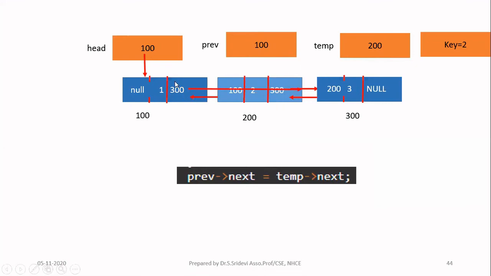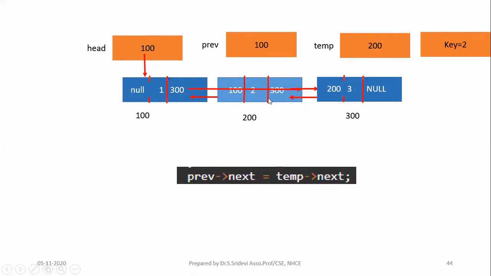So here, when I want to do that, in this, I have to store 300, because 300 is the address of this node. This I have to store here. So what is this 300? Where is it available? You see, we have only 2 pointers in our hand, previous and temp. Nowhere we have 300. But where is this 300 available? It is available here. It's nothing but, you see temp is 200. In the next field of temp, we have 300. So I am taking that. Temp arrow next. So I will get 300 in my hand.